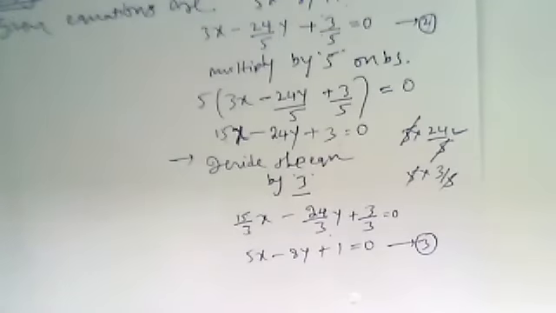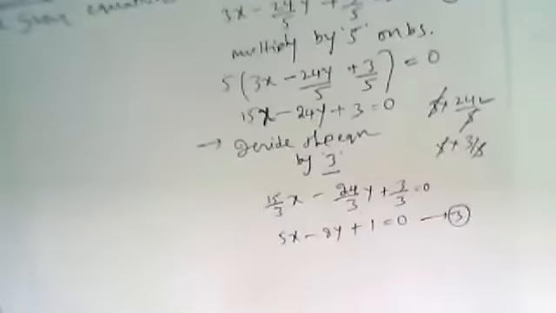And how many solutions are there for dependent pairs of linear equations? Infinite. Yes, they have infinitely many solutions. Okay, see, that conclusion is very important. Just write the conclusion.